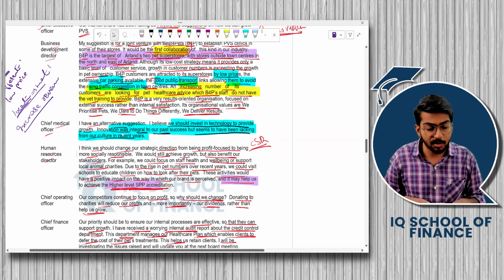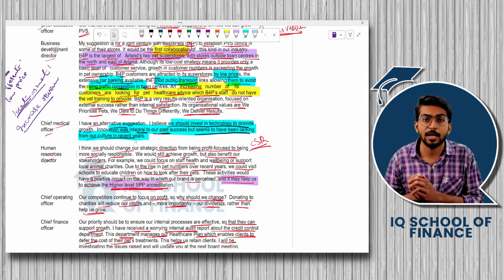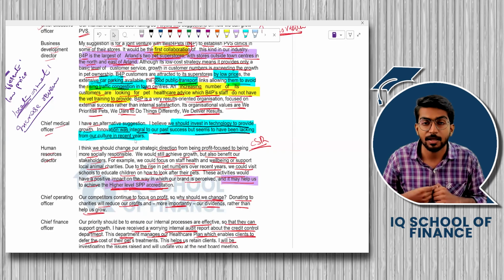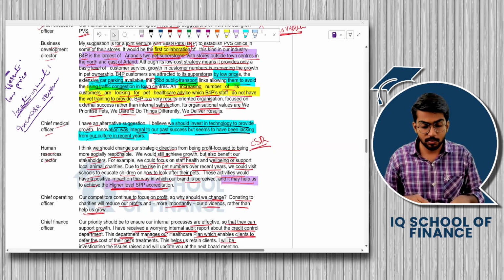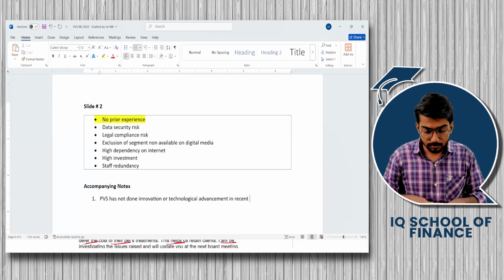So the chief medical officer is saying that we have been missing this thing of technological advancement or innovation for many years. So we are missing this thing as well, and we have not been involved in it, and we do not have the prior experience of it as well. So it would be a challenging thing for us as well. So PVS has not done innovation or